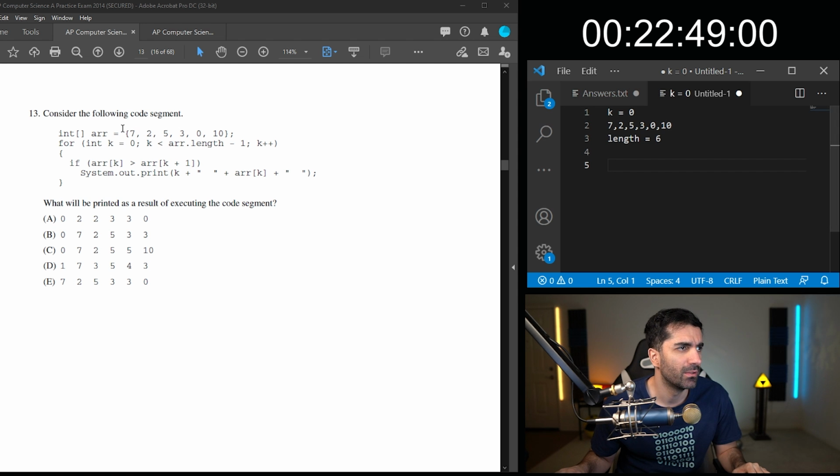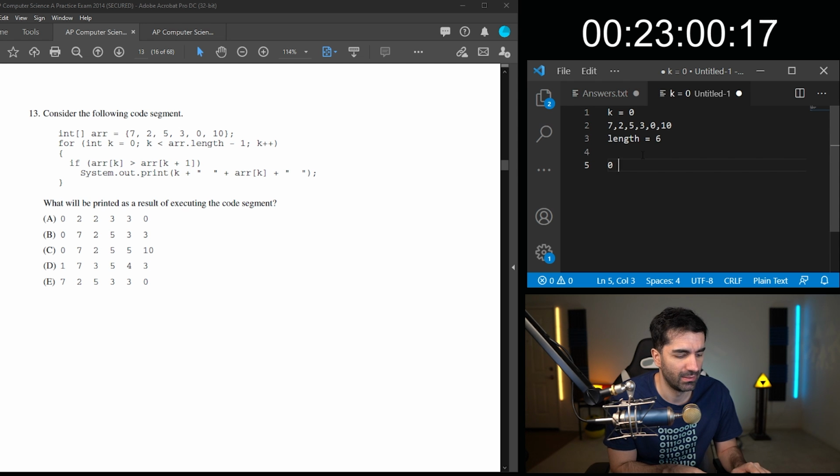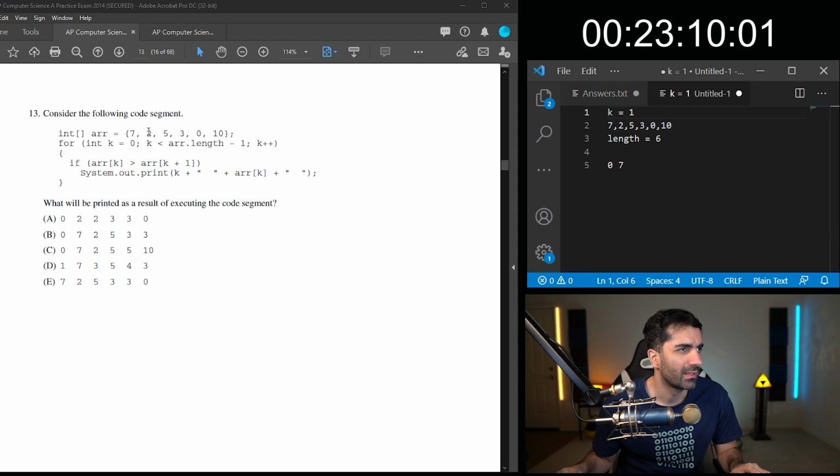So initially our k is 0. array[0] is greater than array[1], so we're going to print out 0, 7. Then k increments. 2 is not greater than 5, so we move k to 2. 5 is greater than 3, so we print out 2 and 5.